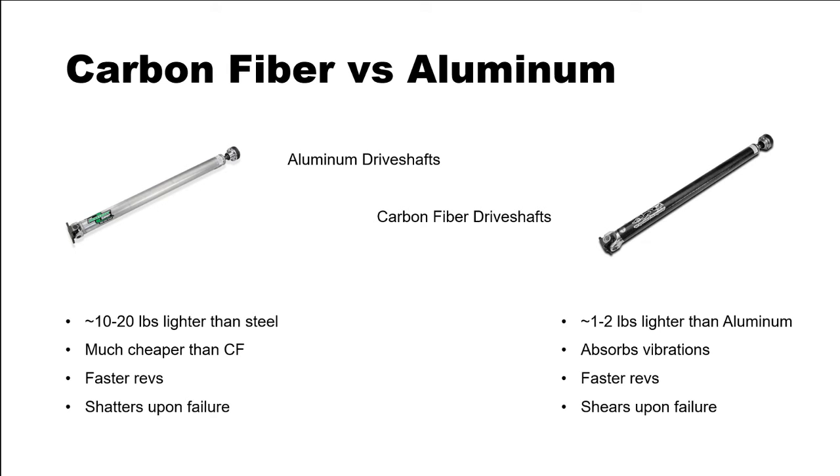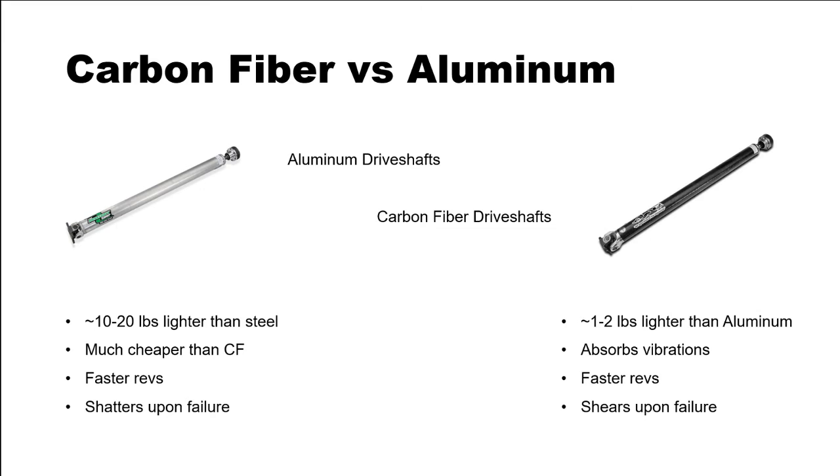So comparing to steel drive shafts, aluminum drive shafts are about 10 to 20 pounds lighter than the steel counterparts, which gives you less rotational force necessary to spin the wheels. So that gives you faster revs, and it is less weight to spin. But the downside to aluminum drive shafts is, upon failure, aluminum will shatter, which is a lot more catastrophic than